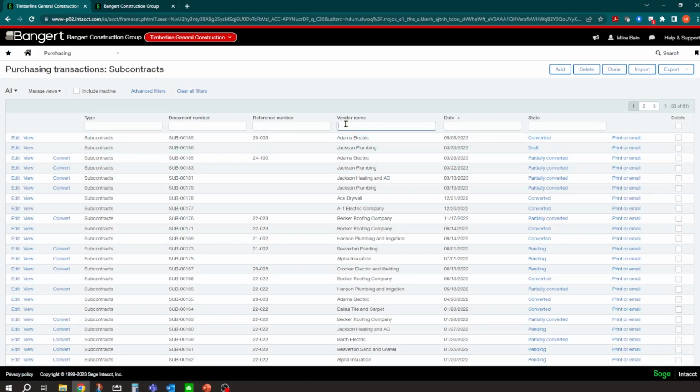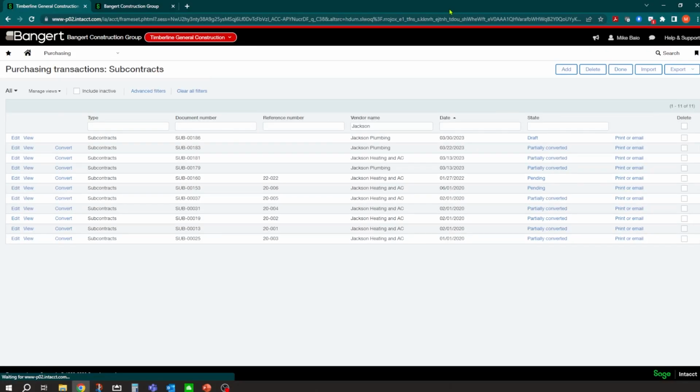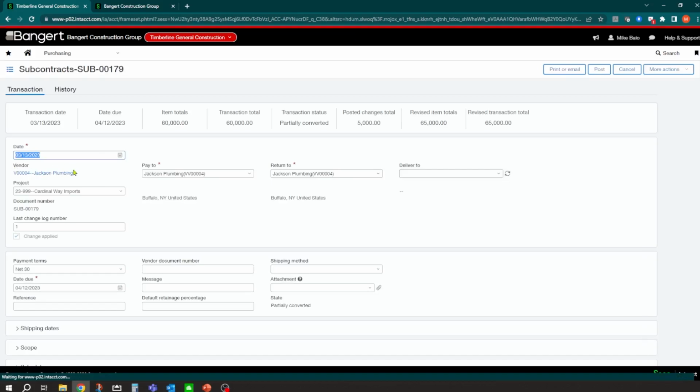So let's go see all of Jackson Plumbing subcontracts. So you could just type in Jackson and it'll show you all the subcontract agreements with the name Jackson in it. And here's the 3. So let's say we have a similar one to this subcontract. Let's go take a look at it here and see if it's got some information filled in for us.